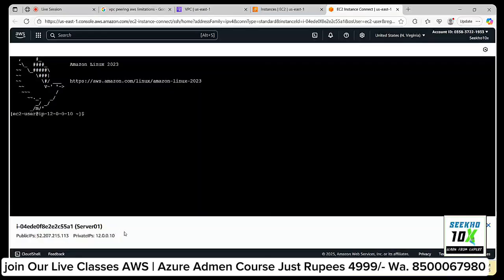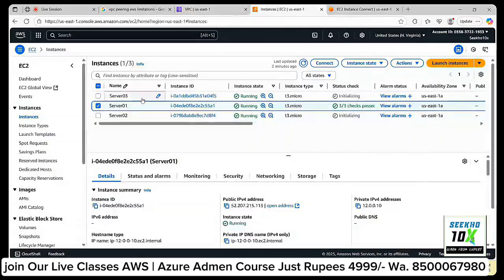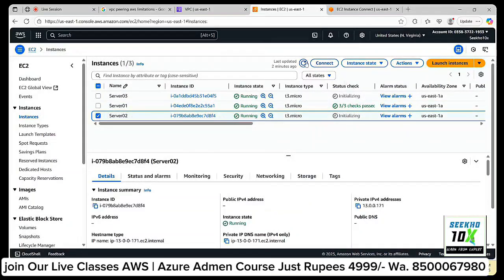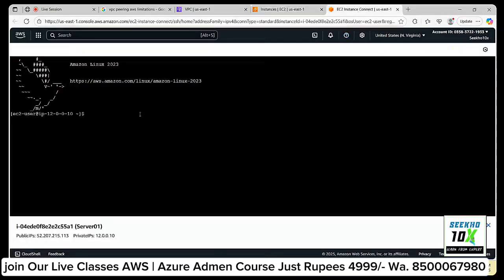You can see your public IP address and your private IP address. Let us go for server 2. You got an IP address called 13.0.0.171. From this EC2 instance,